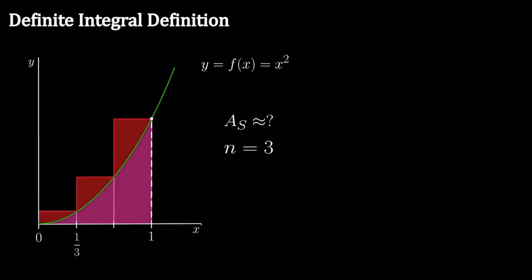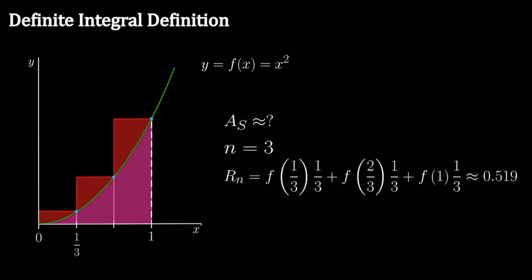Then build 3 rectangles. Each has the same width 1/3, but its height is the f value of the right endpoint of each subinterval. The sum of the areas of these 3 approximating rectangles returns an overestimation of the true area A of the region S. The notation R sub n indicates that we use the right endpoint of each subinterval to build the heights of